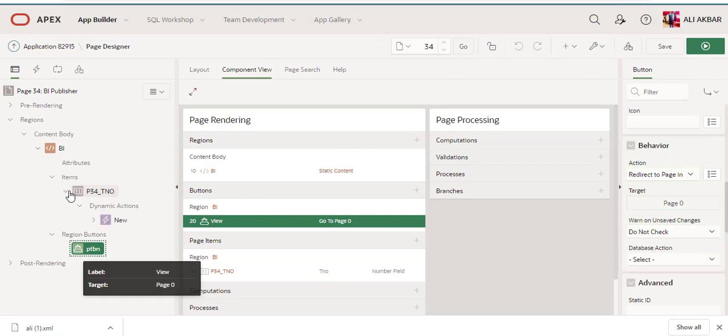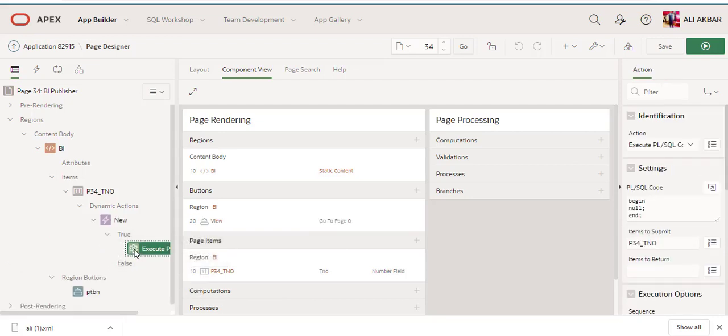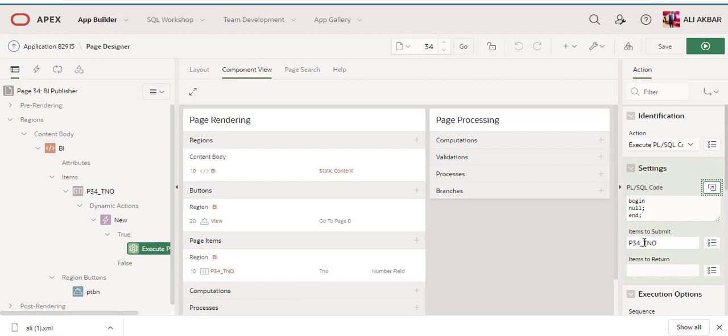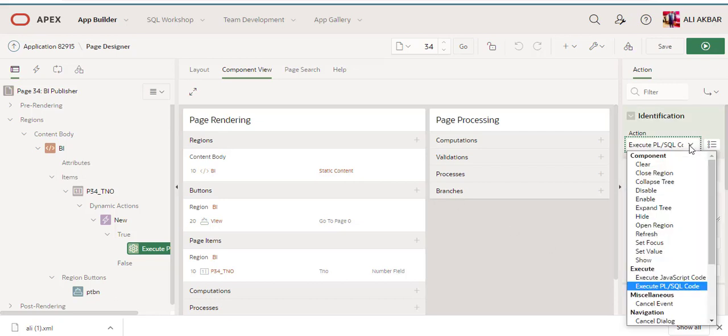This dynamic action is used if your value is not coming into session. I'm just making a simple dynamic action for session. You can see here begin null, and store session and submit my TNO, my field name, action PLSQL code.